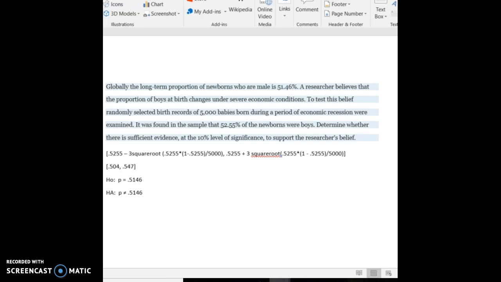All right, now let's notice that this is two-tailed since our alternate is not equal to, which means we want to take alpha, which is 0.10, and we want to divide it in 2. All right, so alpha divided by 2 is 0.05. So when we go to our table, we are going to look up 0.05 to get the proper z value that we use for our critical value. So 0.05, let's go